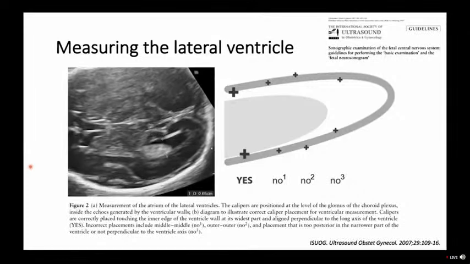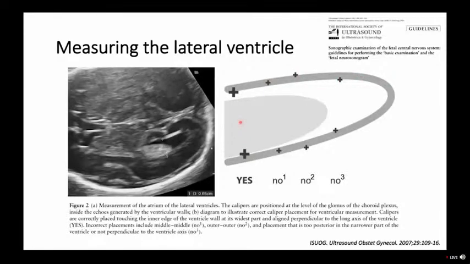There are several articles trying to set a standard on how we should measure these and whether or not you measure correctly. Hopefully this is the way you're doing it. You can see in this picture that we have the atria of the choroid plexus here. You can see the lateral ventricle present. And just like a nuchal translucency, the calipers should be applied inner to inner. We don't want to apply the calipers on the echogenic portion of the ventricle. It's the inner boundary of the lateral ventricle, not the outer boundary, and not diagonally, but really perpendicular to the